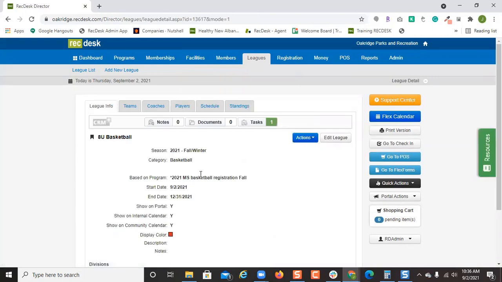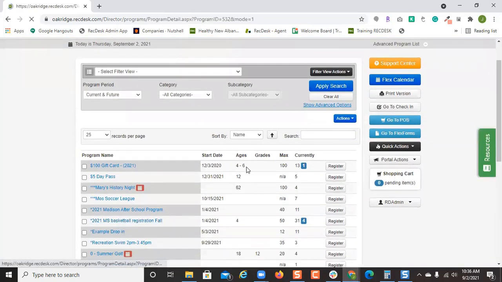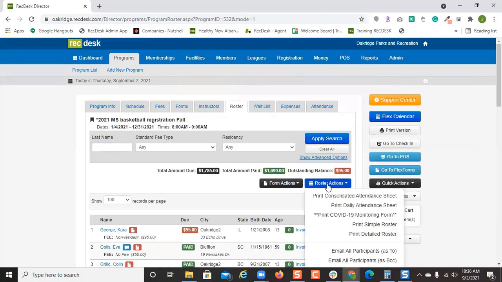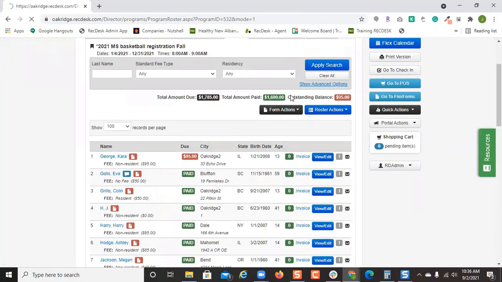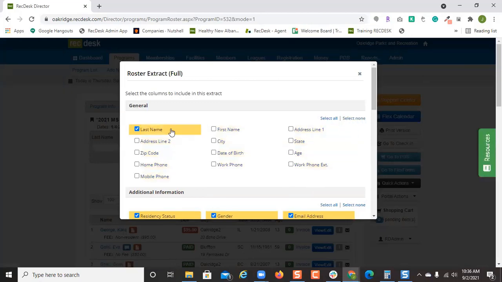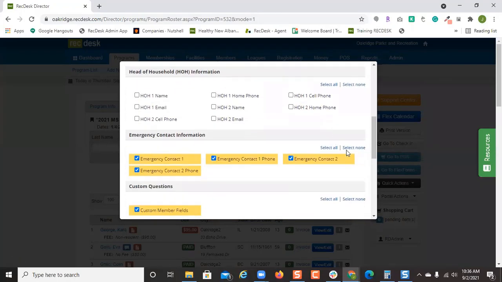But now that kids have been assigned teams, if I go to this particular program, and I go to the roster tab, I can click on roster actions, export full detail to Excel, and let's just say I just need to do the shirt order. So I would just need the last names, none of this information,